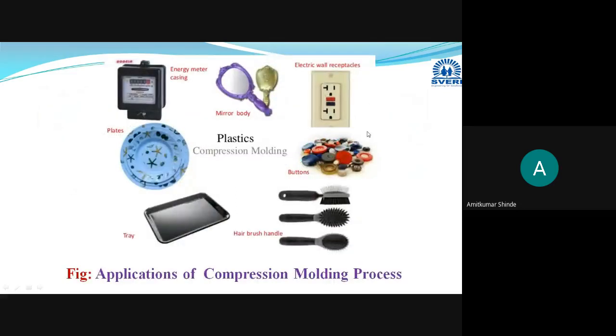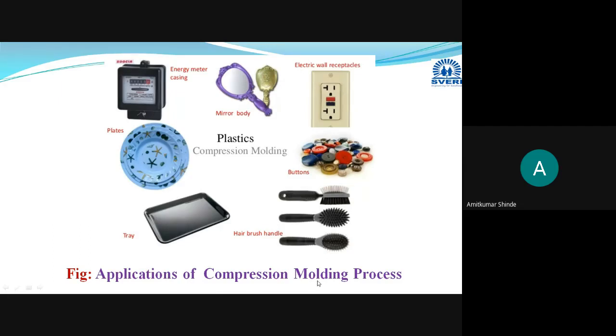Then these are the different kinds of buttons which we are using on your shirts or dresses. These different kinds of buttons can be manufactured with the help of the compression molding process only. Then trays, made up of plastic material, different kinds of trays, are manufactured with compression molding